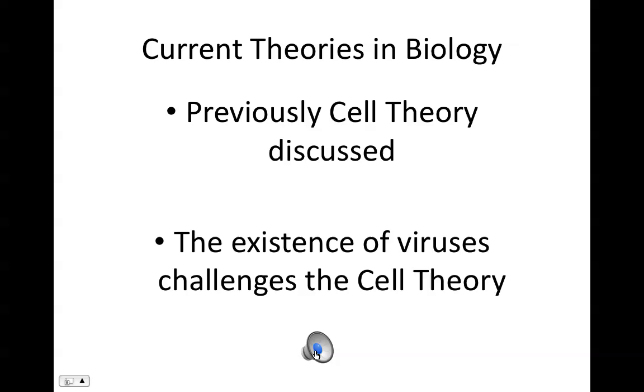Several theories that we've discussed so far, in addition to the cell theory of biology, we've talked about the theory of biogenesis. One cell gives rise to another. The germ theory of biology, where infectious diseases are caused by pathogens or disease-causing microorganisms. And now the theory of evolution, the fact that organisms adapt and react to their environment, and we can see and determine relatedness based on some of these characteristics of growth and adaptation.